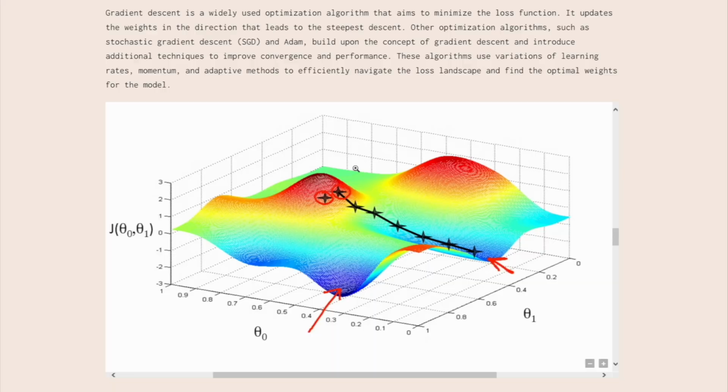There are certain types of optimization algorithms that are variations on classical gradient descent, like stochastic gradient descent and Adam. But these help improve convergence, which means the ultimate approach and arrival at the minimum, and performance. So how quickly it gets there. These algorithms use variations of learning rates and momentum. We talked about learning rates last week, and we can talk about momentum when we do this video on optimization